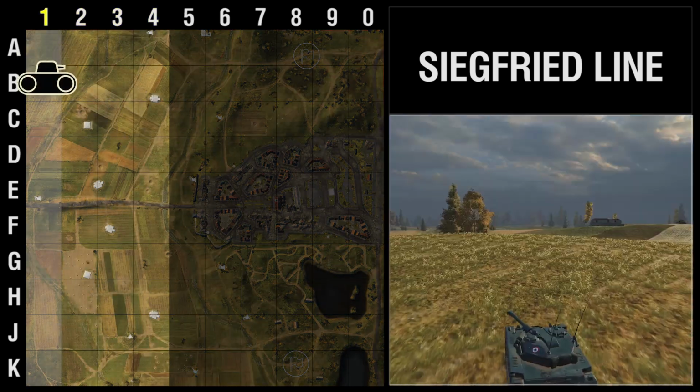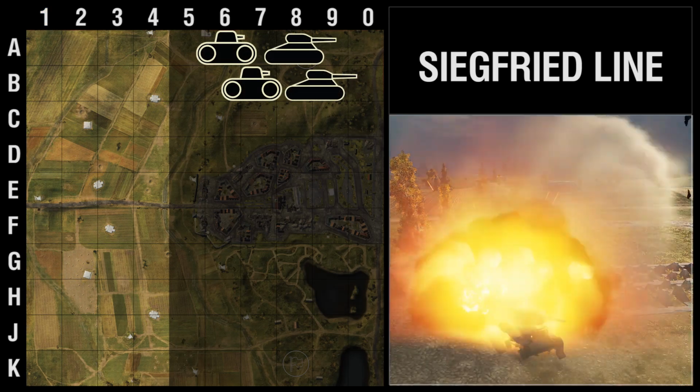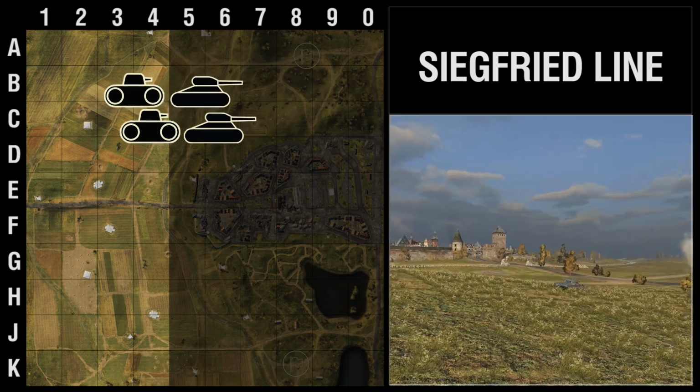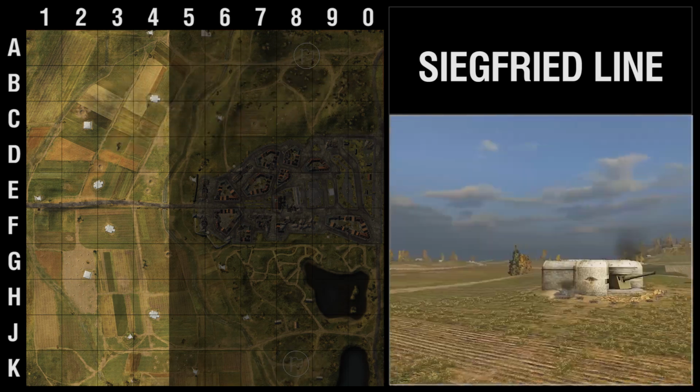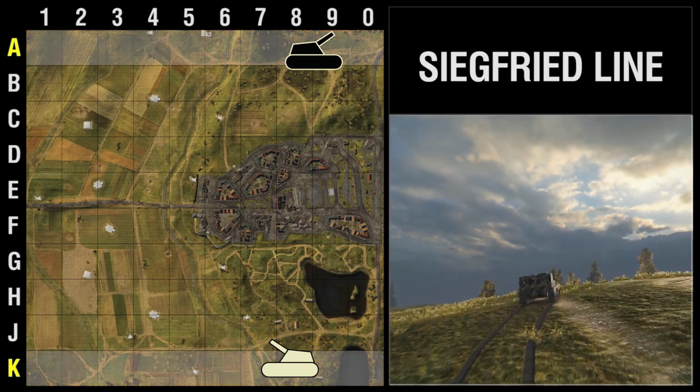People do dashes down the one line. They hide behind the pillboxes. If you've got loads of mediums and lights and they don't, it might be worth a go for you. You can get pinned in there. Not a lot of stuff to do. You take your chances. Artillery usually hides along the A line or the K line, anywhere they could be out